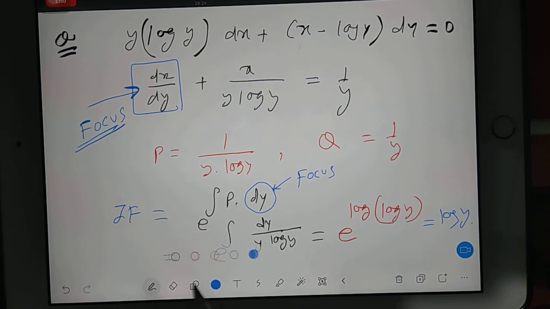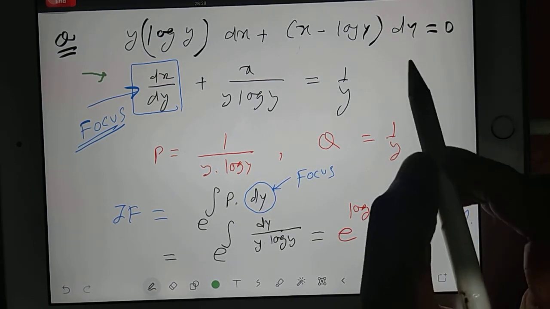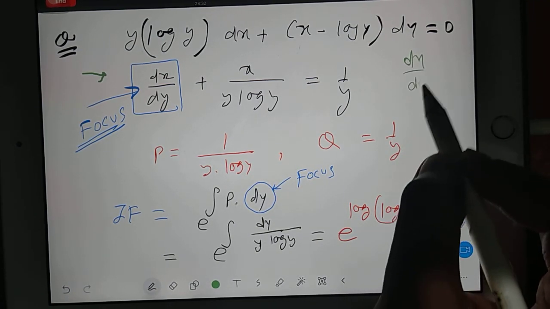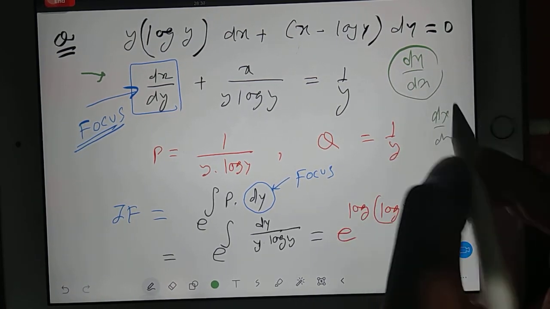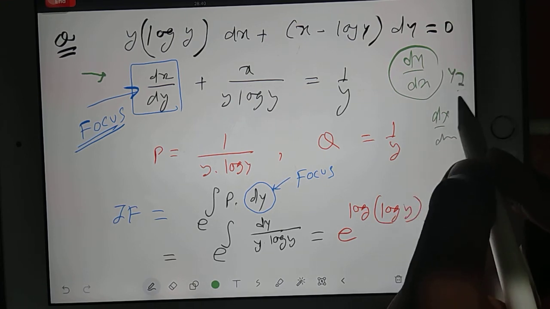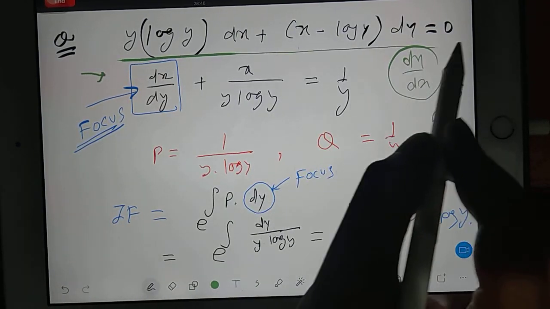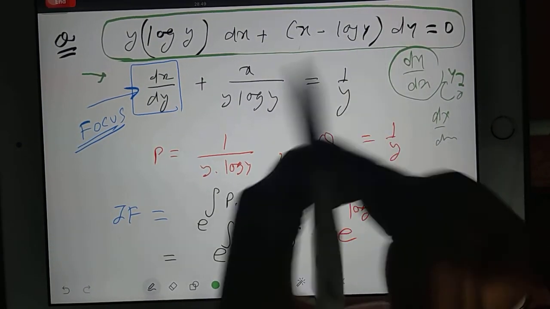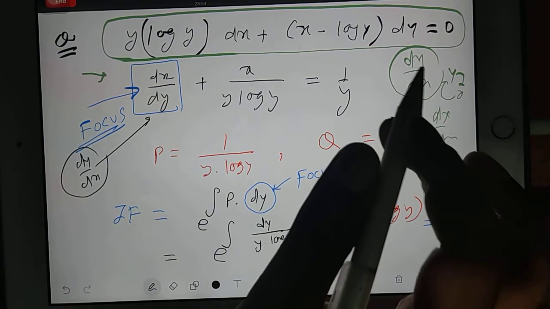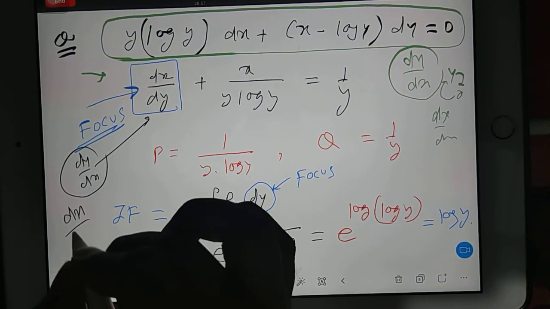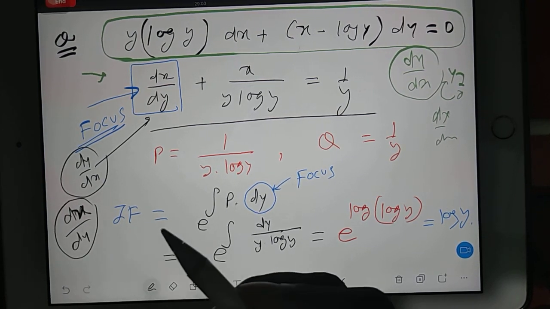So see here, this time I have converted. Earlier we were doing dy by dx as a regular job. Now I am doing dx by dy, no problem. It means simply you replace y with x and x with y. Everything is the same, because the question was in that format. If you are finding dy by dx, then this will not be so smooth. But if you are finding dx by dy, then it is smooth. You can see here. Anyway they are just variables, right? Tool is tool.